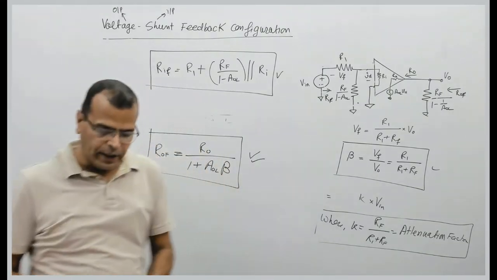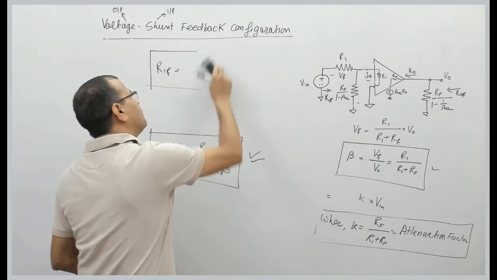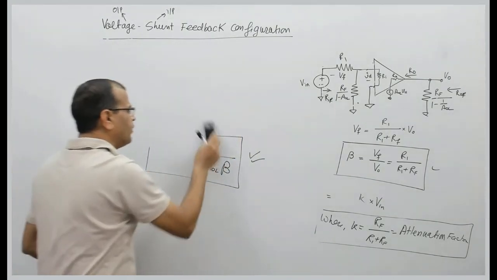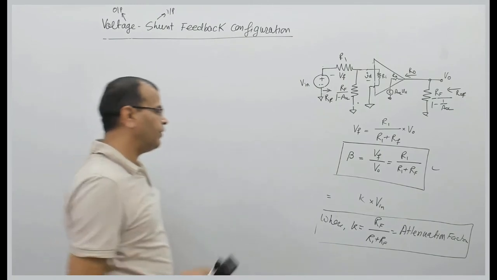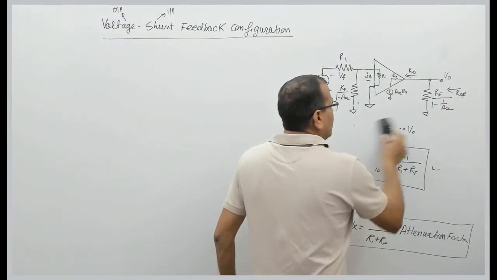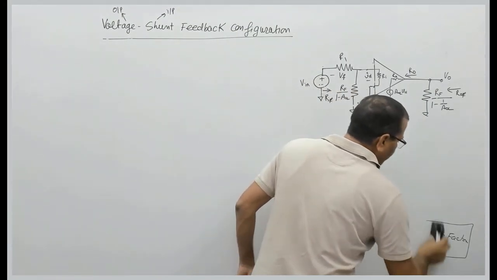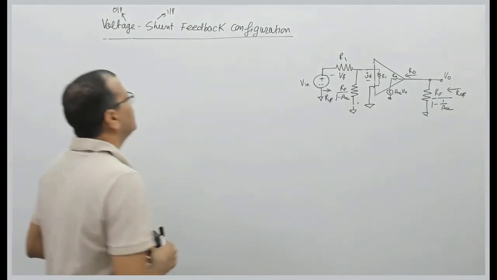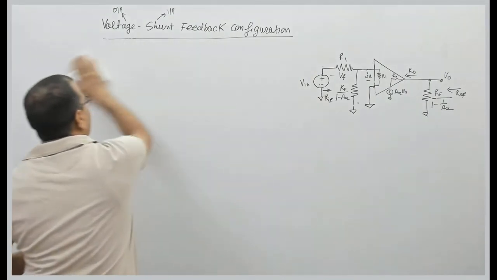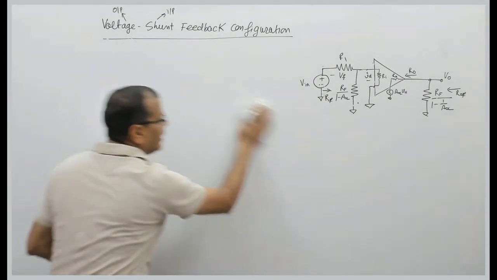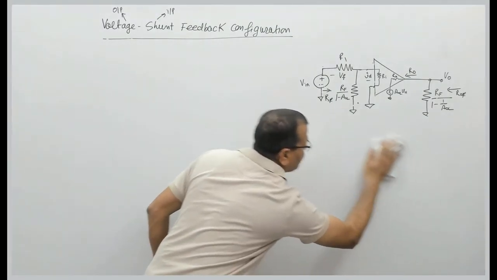So now let us talk about frequency response and bandwidth. The frequency response of inverting amplifier is similar to that of non-inverting amplifier that we have seen. That is exactly similar. There is no difference. In this case as well, the gain of the amplifier reduces due to negative feedback. Therefore, bandwidth increases because gain bandwidth product remains constant.